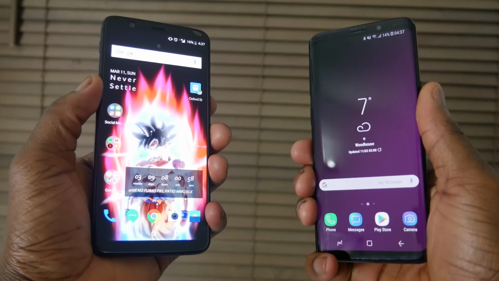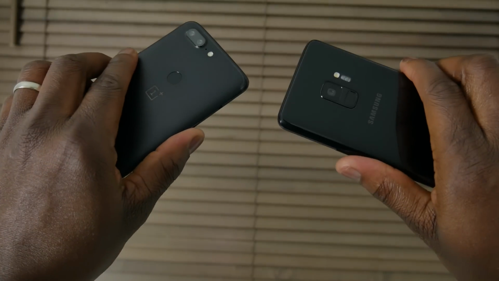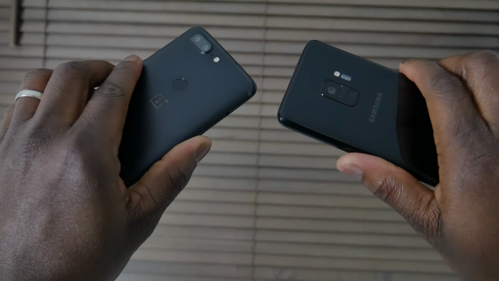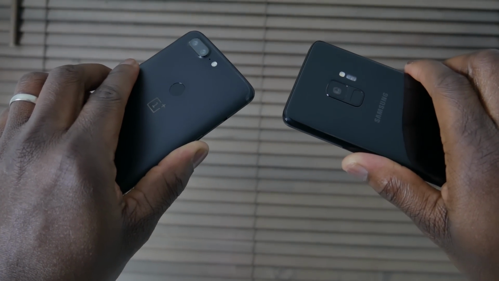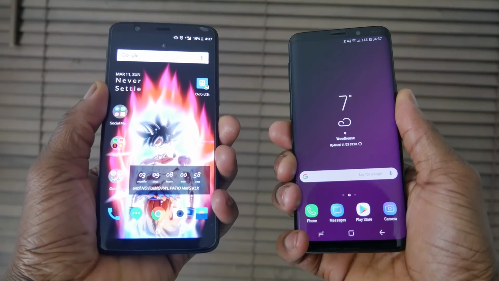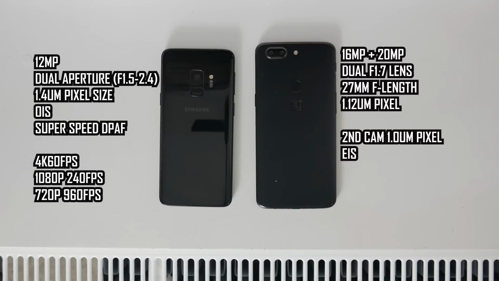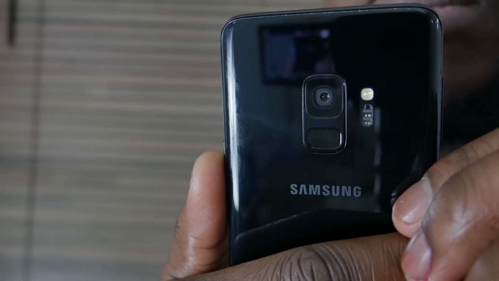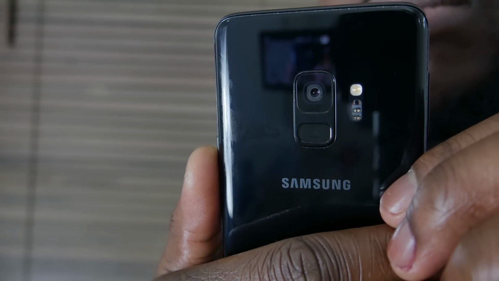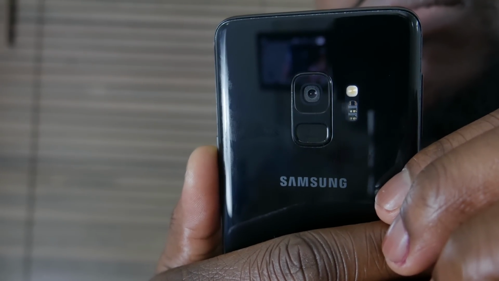Welcome to another camera comparison on the Lover of Tech channel, and this time between the Galaxy S9 and the OnePlus 5T. And what I'm going to do is run you through the camera specifications of the main rear cameras on both these phones. And starting with the Galaxy S9, you do have a 12 megapixel camera with the new mechanical dual aperture lens that allows you to change from an f1.5 aperture to f2.4 aperture in pro mode or